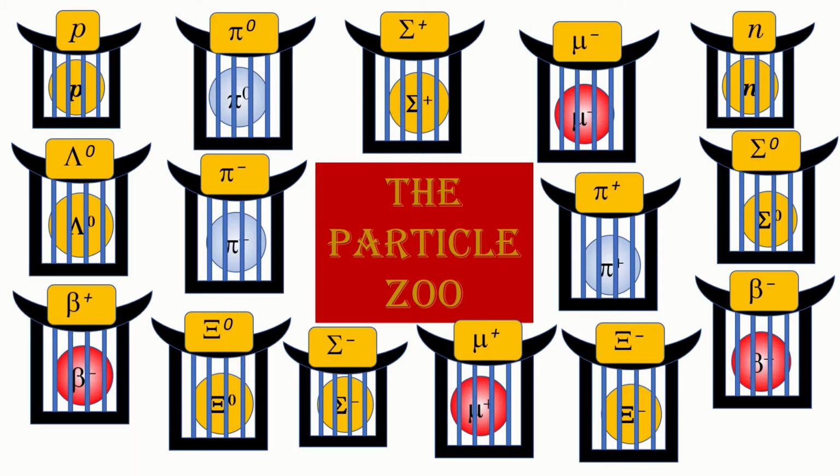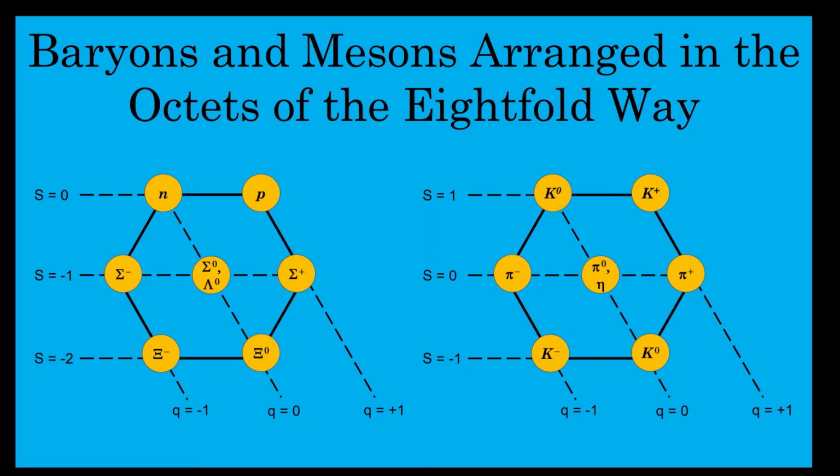In the early 1960s, faced with a growing list of subatomic particles, physicists searched for some way to make sense of it all. Several physicists, including Murray Gell-Mann, determined that mesons and the spin 1/2 baryons could be arranged in octets he called the eightfold way. This suggested their underlying symmetry group should be SU8, but it was known to be SU3, so in 1963, Gell-Mann attempted to produce the octets in SU3 symmetry.